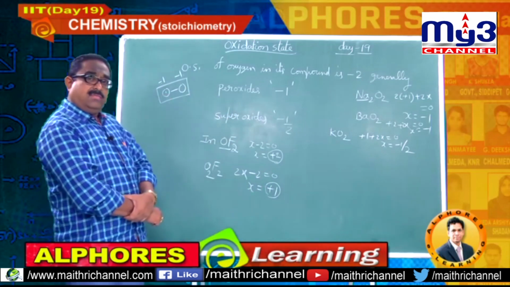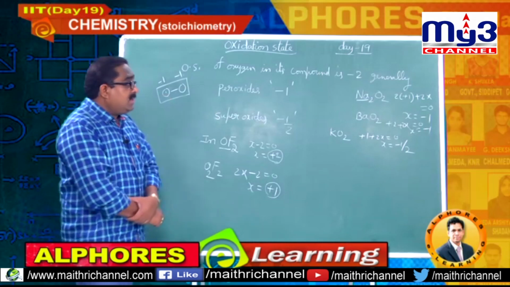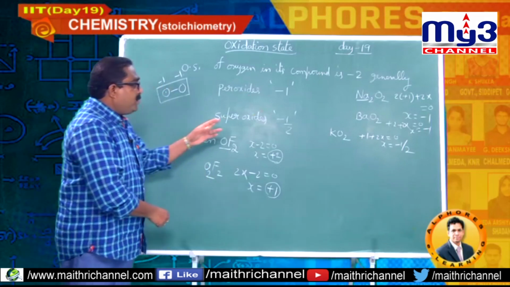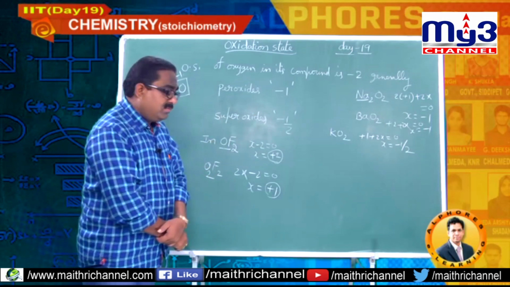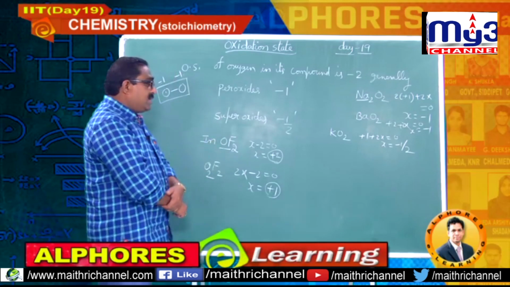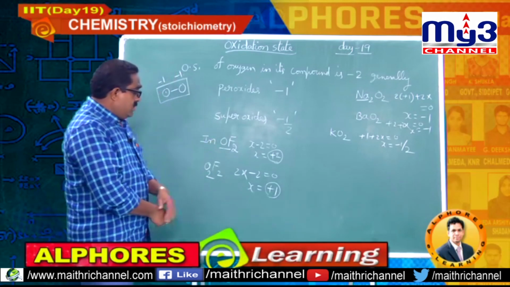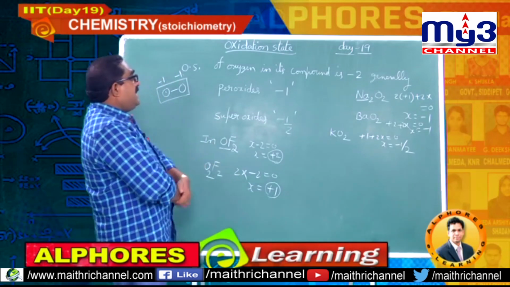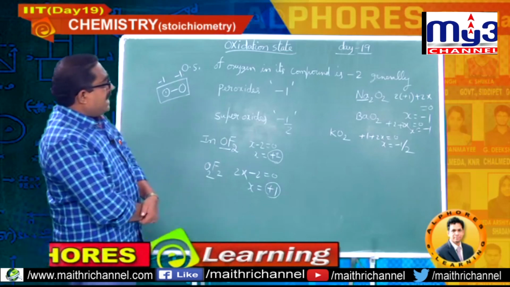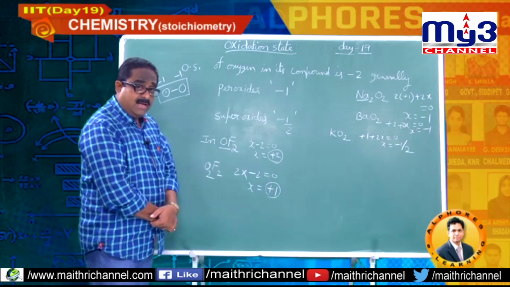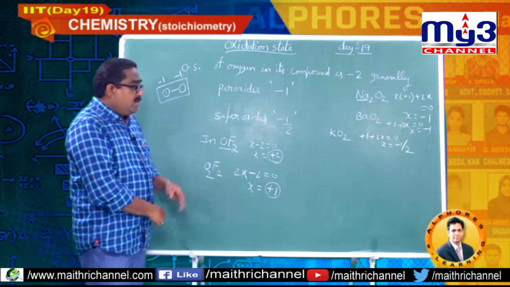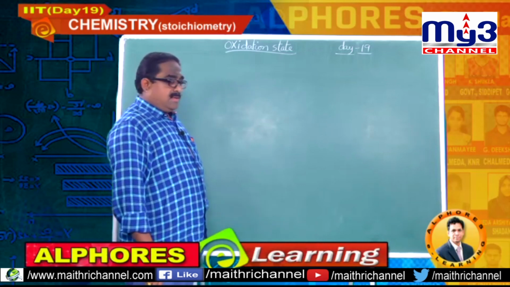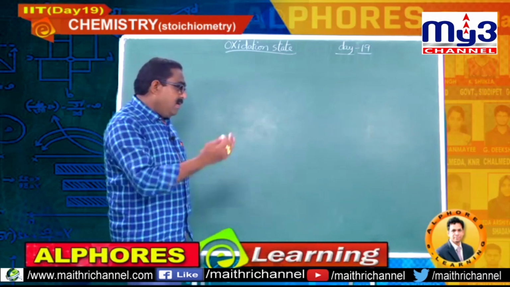Majority is minus 2 generally. In peroxides it is minus 1, in superoxides it is minus half, whereas in OF2, oxygen difluoride, it is plus 2, and in O2F2, dioxygen difluoride, it is plus 1. This is the detailed explanation about the different oxidation states of oxygen in its compounds. Please note it down and then I will go for the next rule. Okay students, let us go through the next rule. Write down along with me.